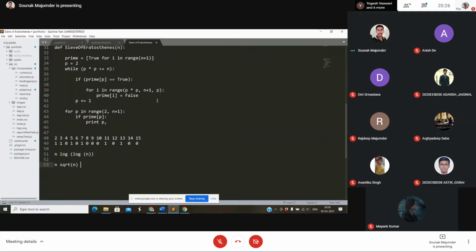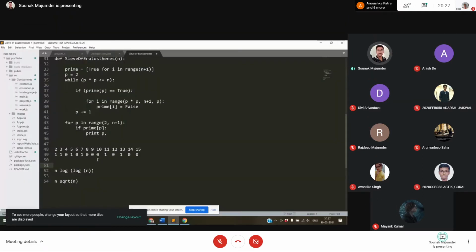If we analyze this, if n is about 10 to the power 5, this log of n is roughly around 5. So n log n will be around 5 into 10 to the power 5.